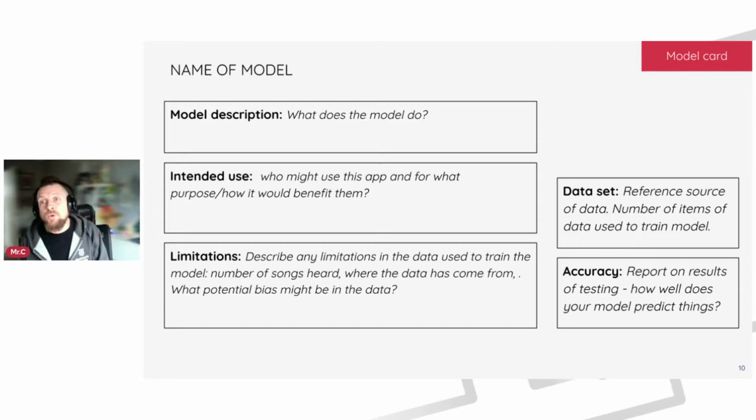And the last two bits here are quite technical about the data set. So what we want to know is, what are your reference sources? Okay, so what number of items did you use? And that was all available on that previous page. You can get that out of Machine Learning for Kids. You want to give that to all of us so that we can have a look at it and say,